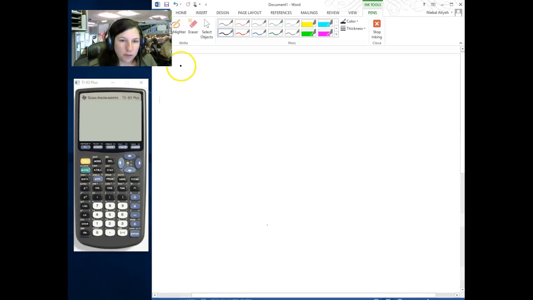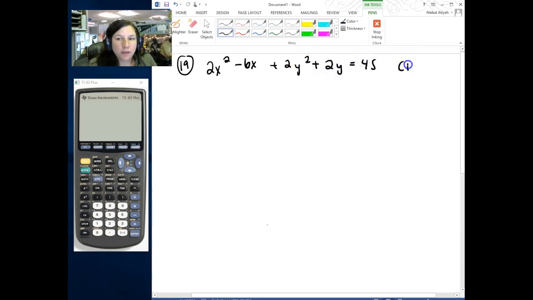All right, number 19 says in the xy plane, the graph of 2x squared minus 6x plus 2y squared plus 2y equals 45, and they tell us it's a circle. Okay, then as soon as I get that information, if you're looking at your formula sheet,